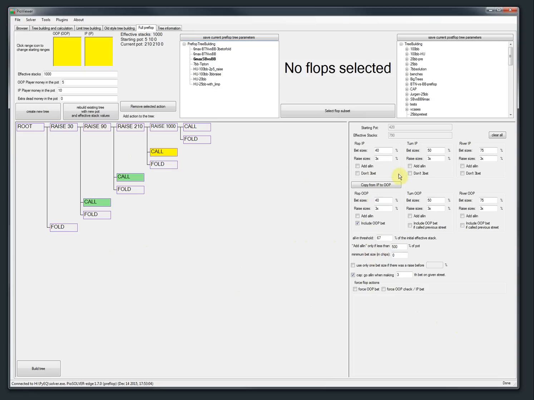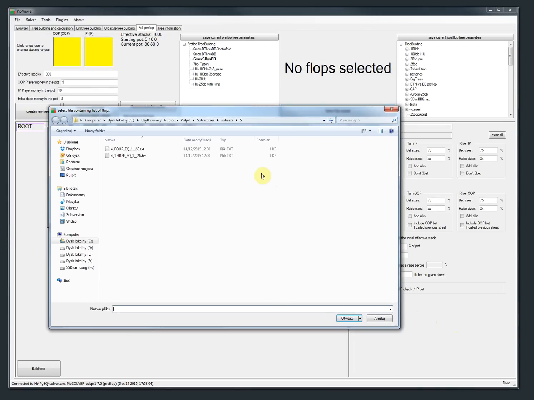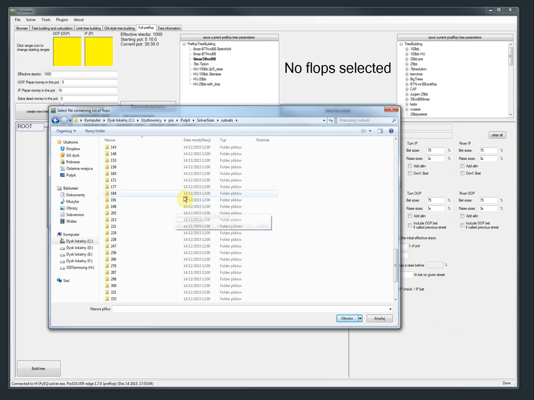So after we fill those in or load them from pre-prepared configurations, we can start building a tree, and this is interesting. We first need to choose how many flops we want for our post-flop trees. So I prepared some subsets. There are many of them, as you can see, and you will find them in the flop subsets